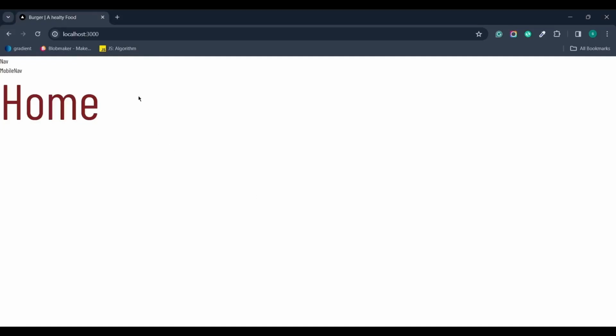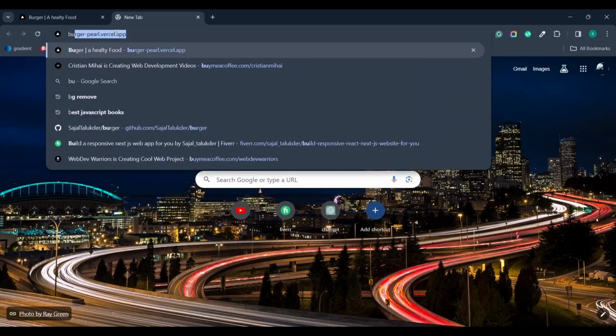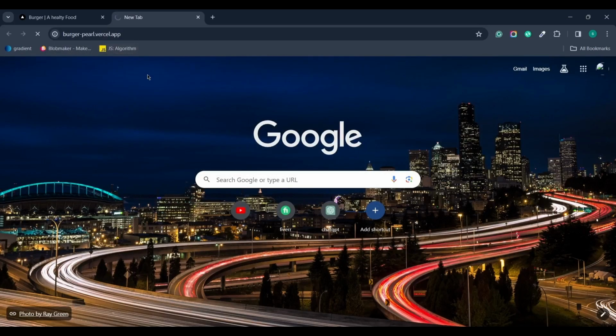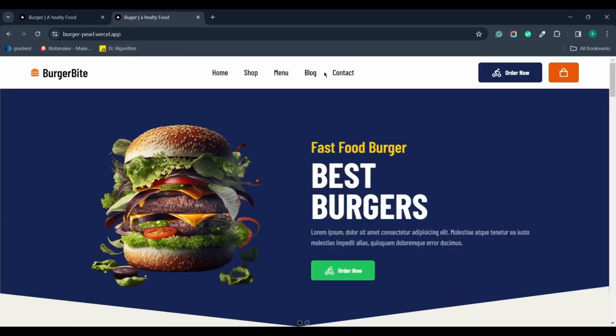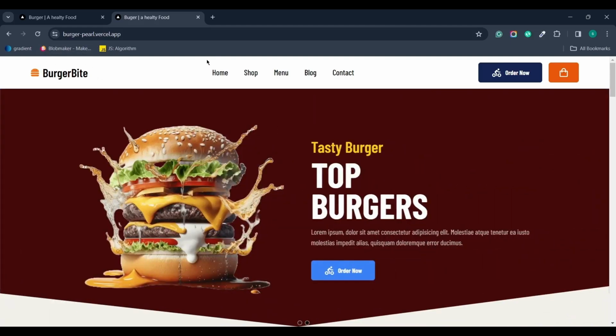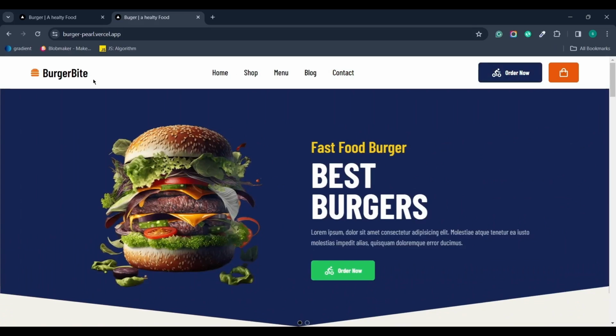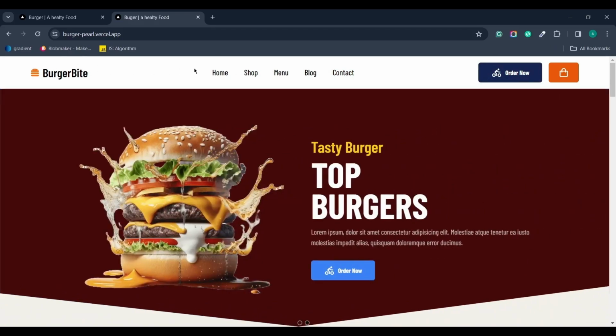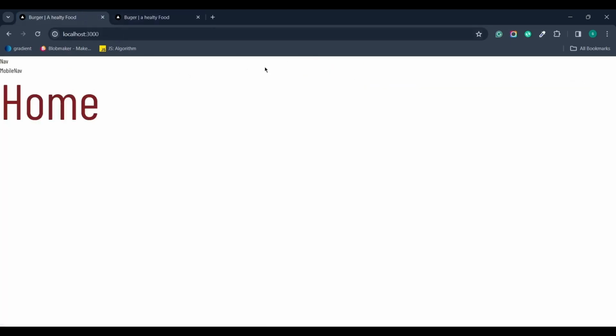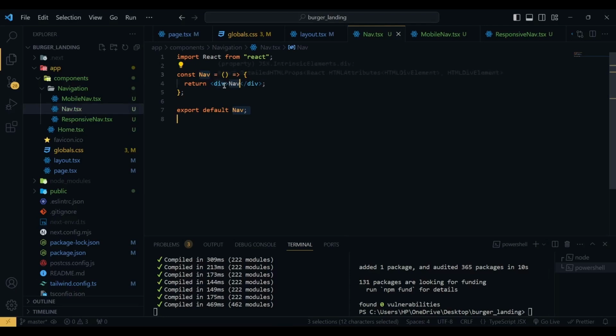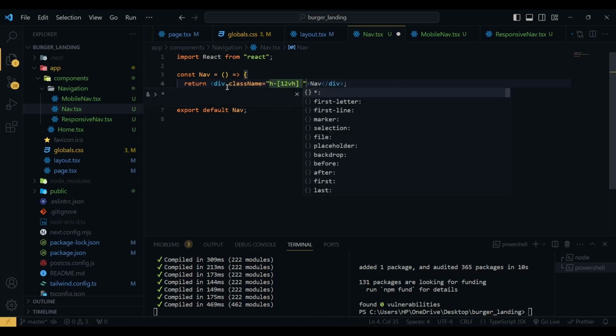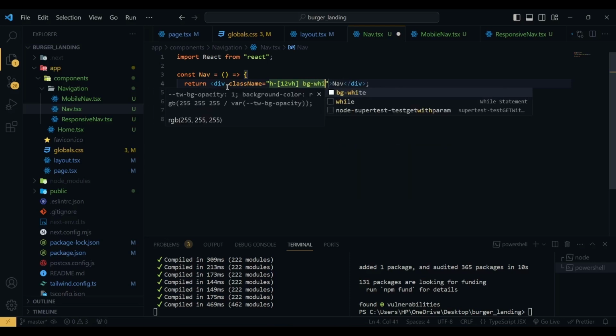So let me show you the deployed navbar. So this is the deployed version. This is the navbar. Here you can see we have a logo, then some nav links, and finally two buttons. So here we are going to use flexbox, and we are going to use justify between. So let's start building this. The first div has a class name of height 12vh, and then the background will be white,